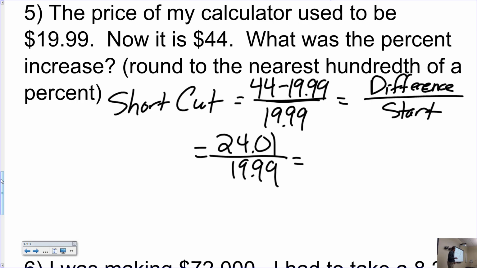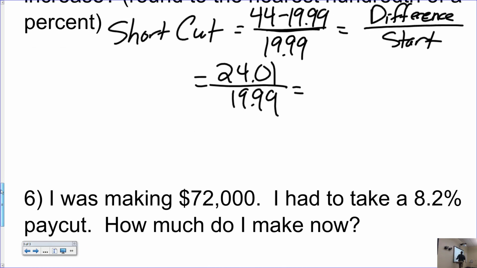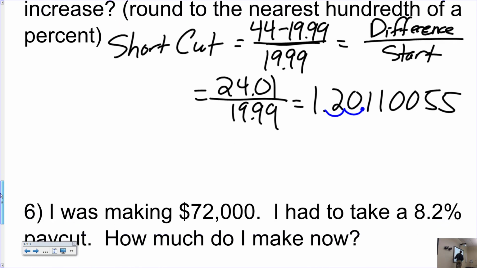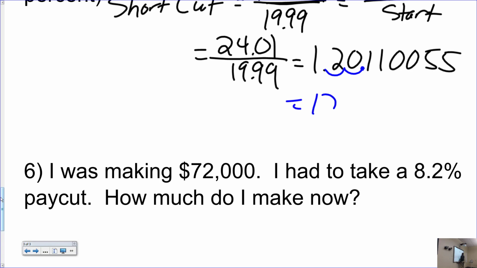$24.01 divided by 1999. What do you get when you do that division? And what do I have to do with it again? Make it a percent because this is the decimal representation. And what did I say to round it to this time? Hundredths again? Okay. 120.11%. And again, folks, when you do your percentage problems, make sure that you take a quick glance